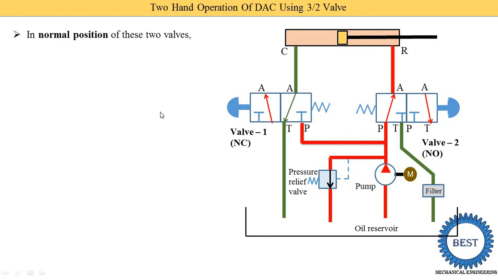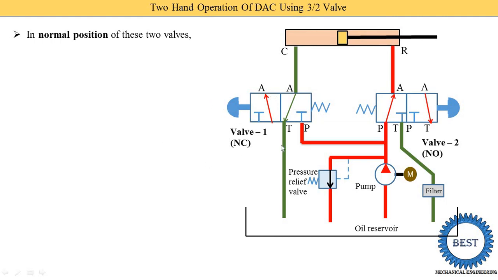Now, in a normal position of these two valves, this diagram is for normal positions. When the operator is pressed, that is called the second position. For that I drew another diagram so you can understand it easily. This is why it is called the normal position, because the push buttons of both valves are not pressed. It is called the normal position. And at the normal position, what you see.